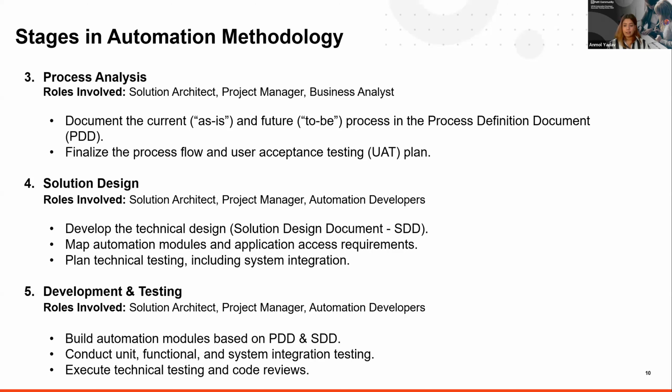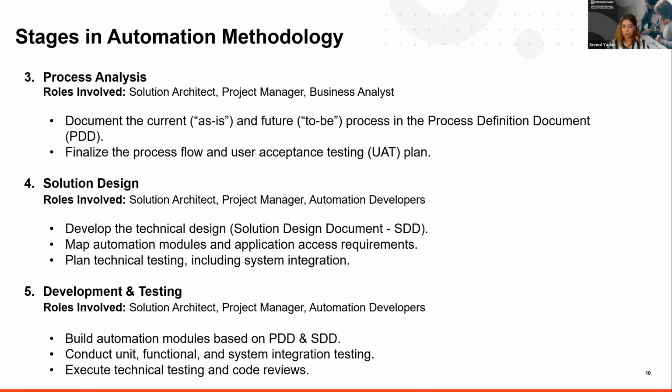Now, the fifth is development and testing. The roles involved here are the solution architect, project manager, and automation developer. And that's when you start the actual work. So based on the two documents, which are the PDD and the SDD, you would now start configuring the actual automation. When I say testing, it would include the unit, functional, and system integration testing